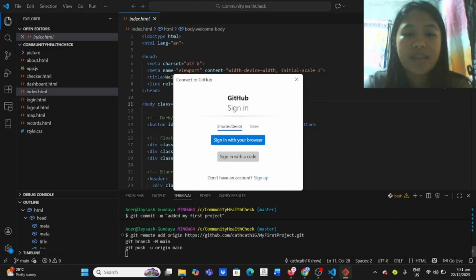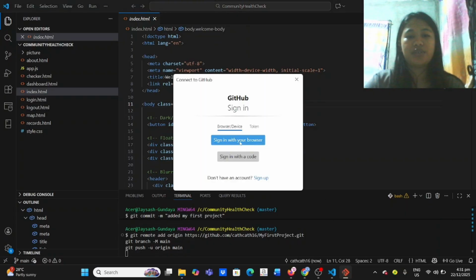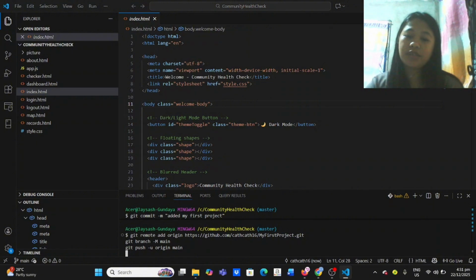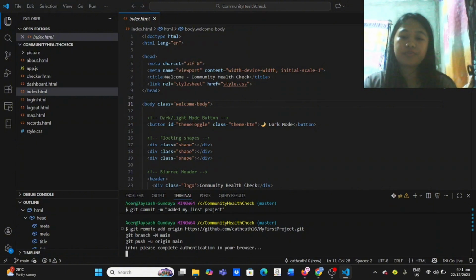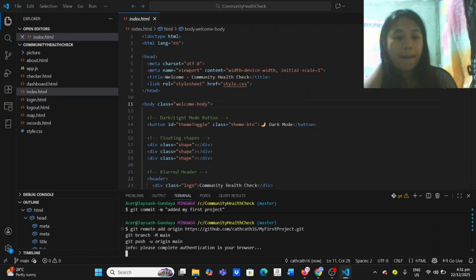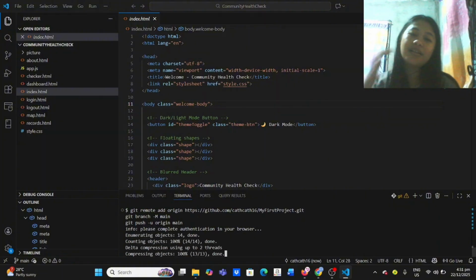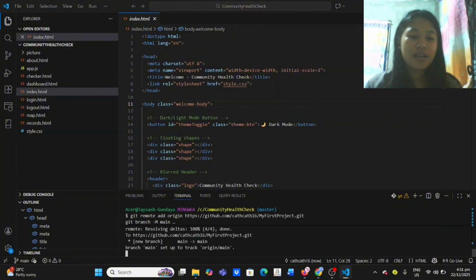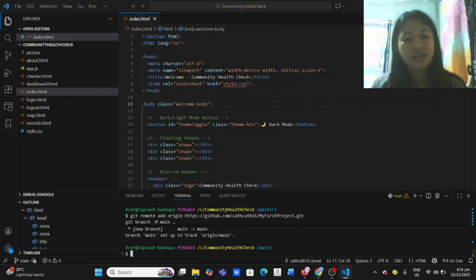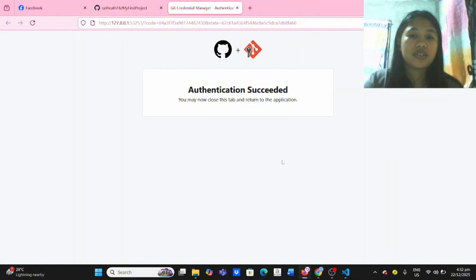Sign in with your browser. Then yeah, authentication succeeded.